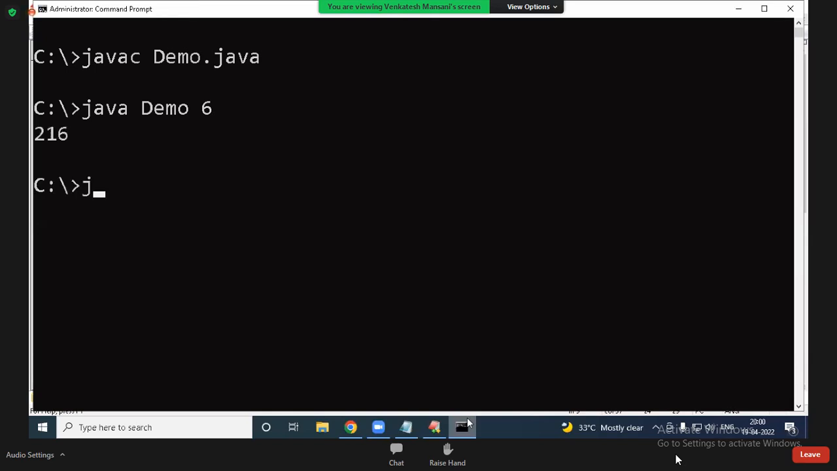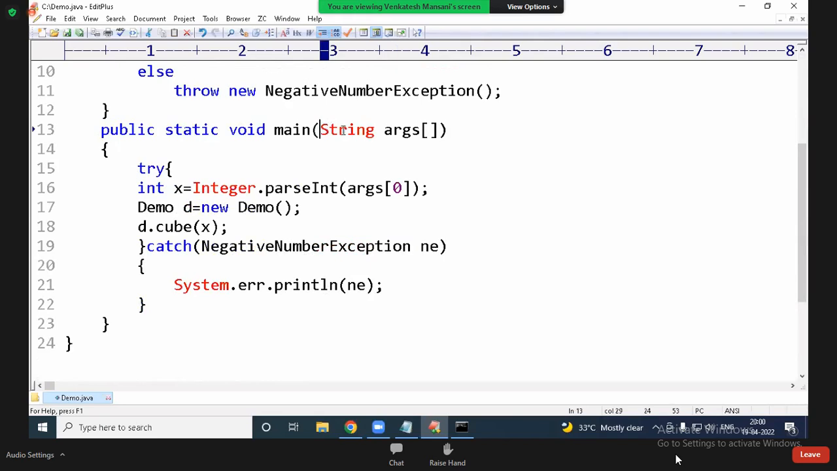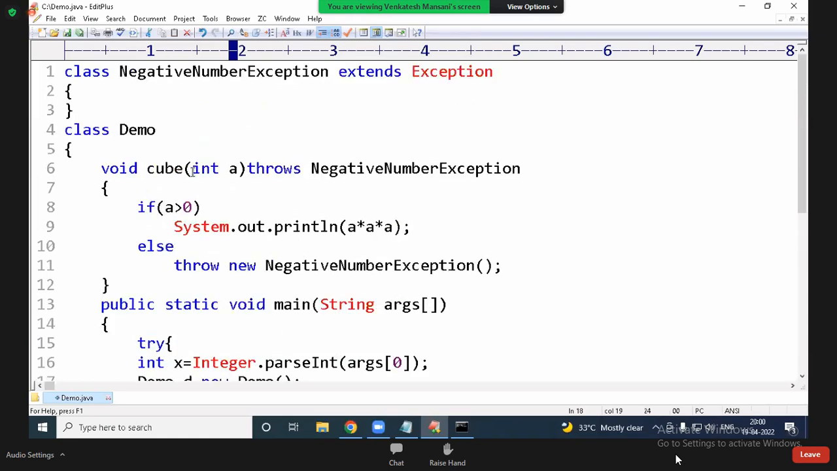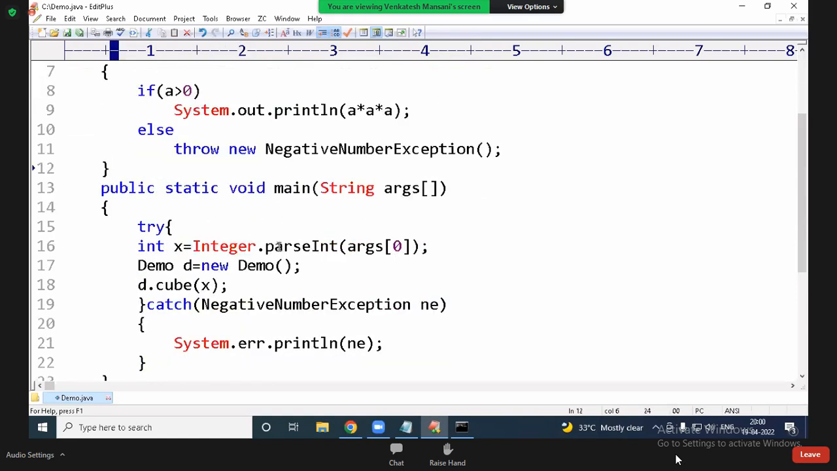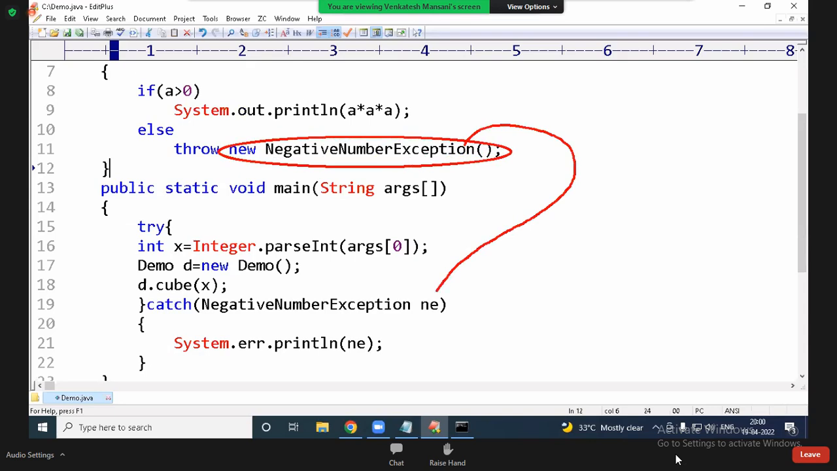That's it. Suppose if I enter -9, what will happen? See, -9 is received here, -9 extracted here, -9 converted into integer, -9 passed to the cube method. -9 received. Now the condition is false, so the else block. Now here what the throw keyword will do is throw the object. This object will be thrown here and received. This statement will receive